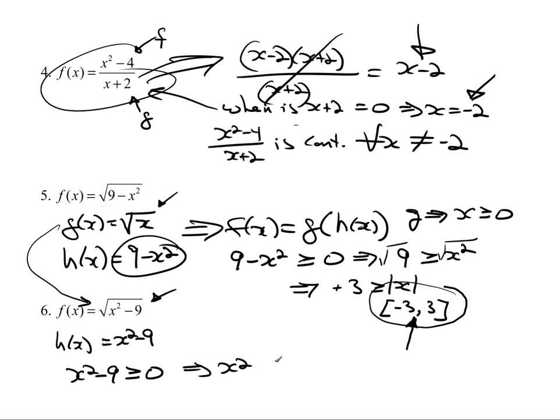That implies that x squared has to be greater than or equal to 9. If I take the square root, that by definition, once again, is absolute value of x. So absolute value of x must be greater than or equal to 3. That gives me the interval negative infinity to negative 3,